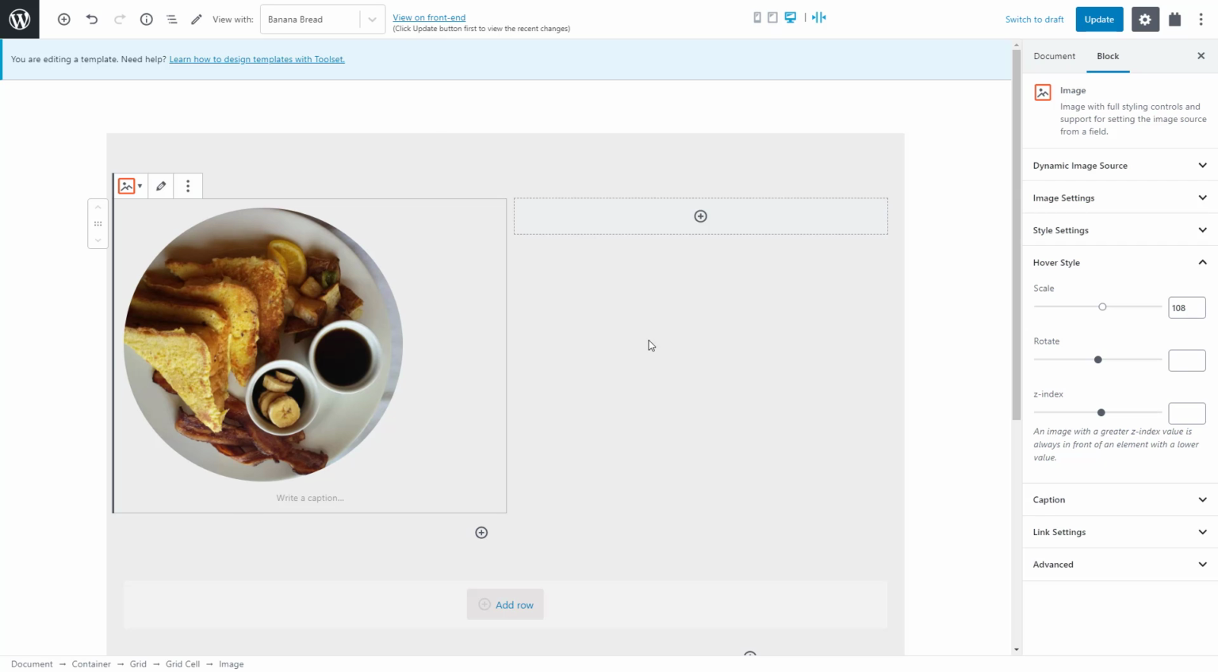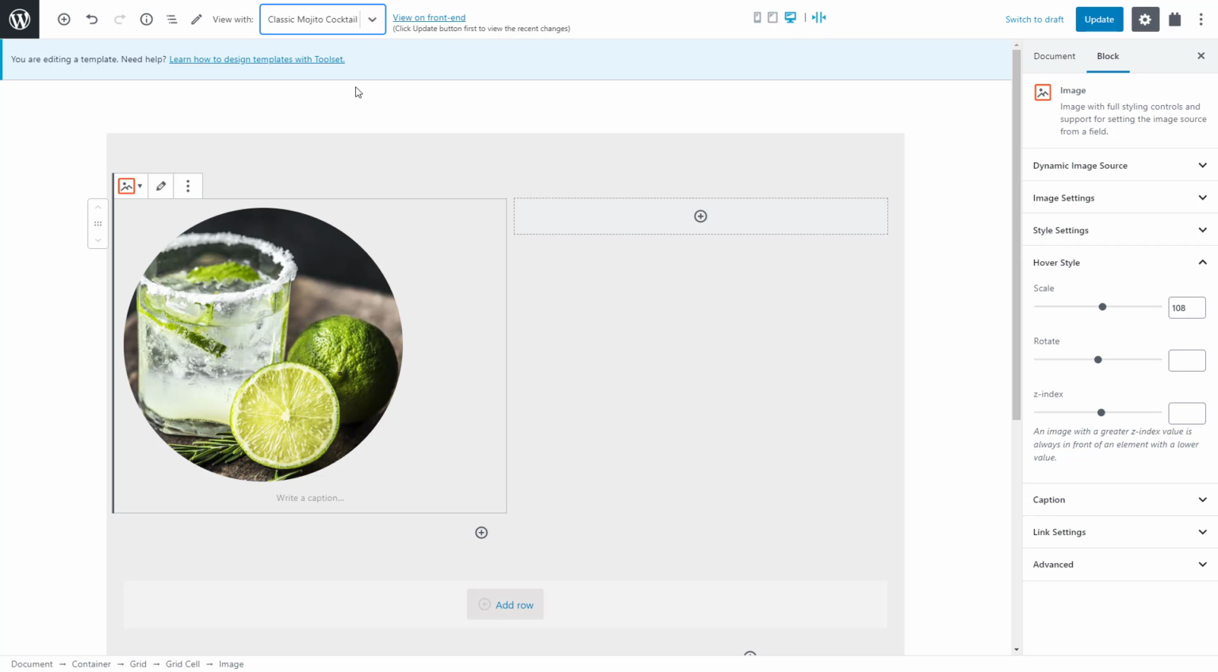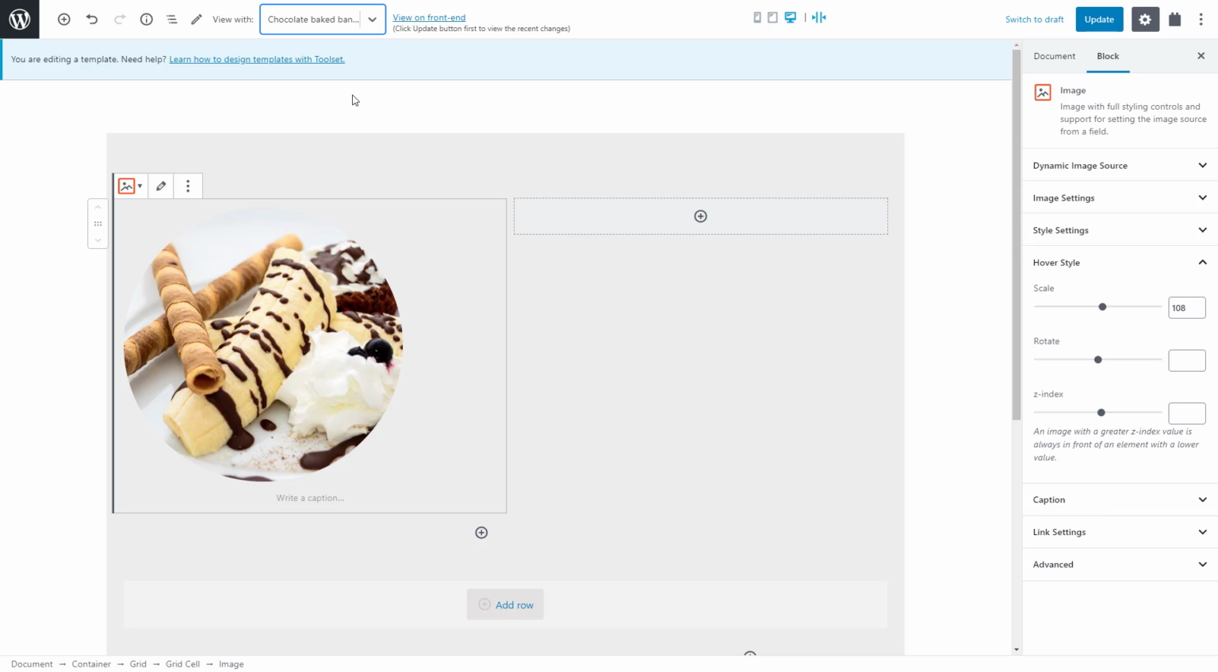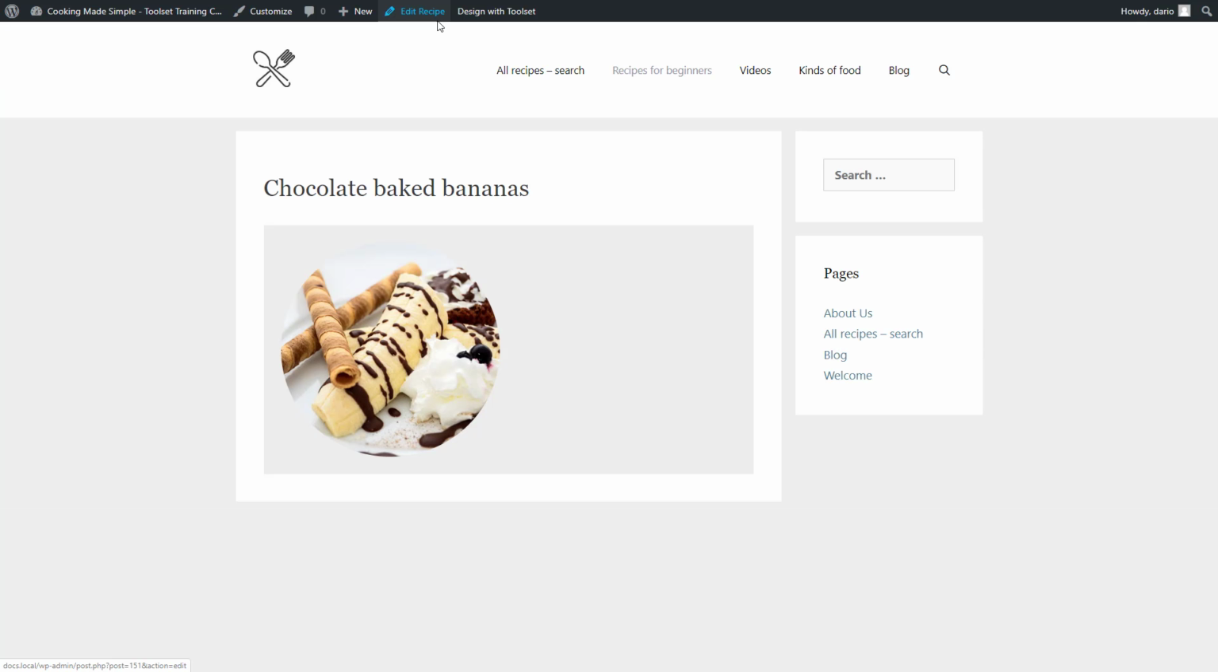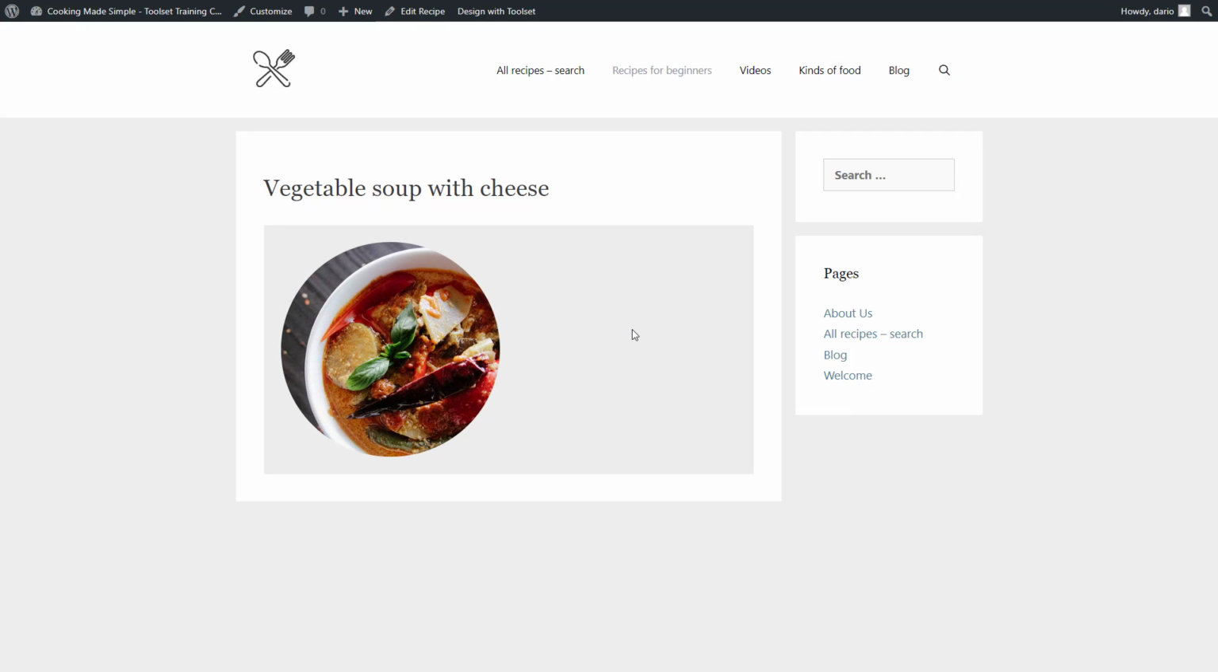And when you're editing a template, you can use this drop-down menu at the top to select other posts of this type and see how your design looks across different posts. Let's now take a look at the front end to see what we have so far. Here is one recipe post. And here's another one. Okay, the image is dynamic and things look good,